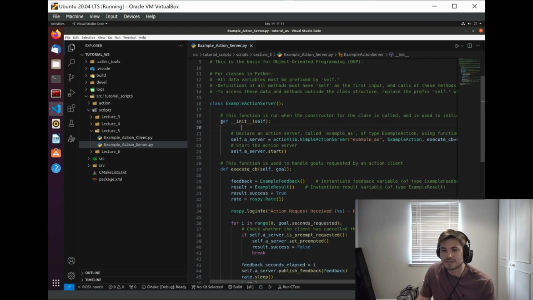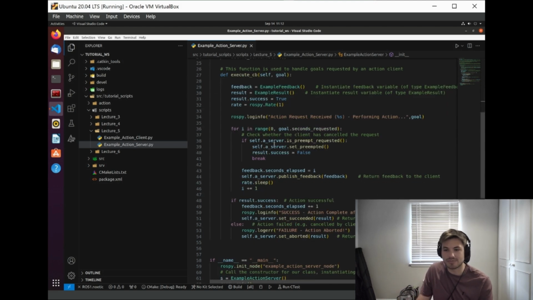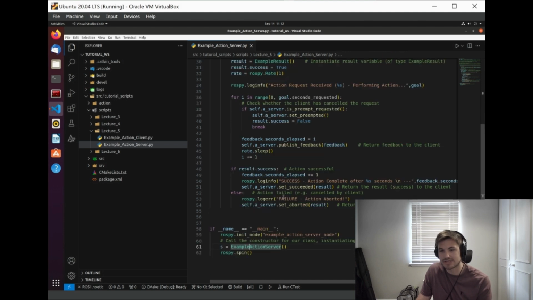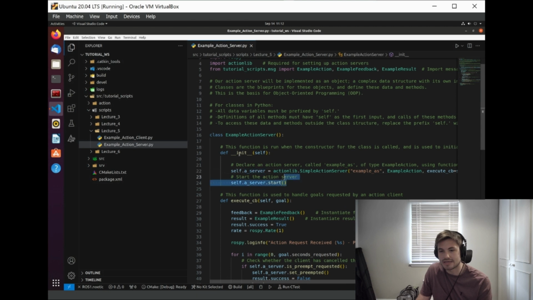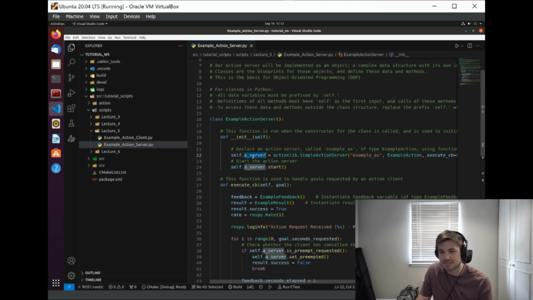Now we should first define an initializer function. This runs when we call the constructor for a class, when we actually instantiate an object. So when we run s equals example action server in the main code, this function is going to be the first thing that runs. What happens is we define the action server object, a_server, and then we're going to use